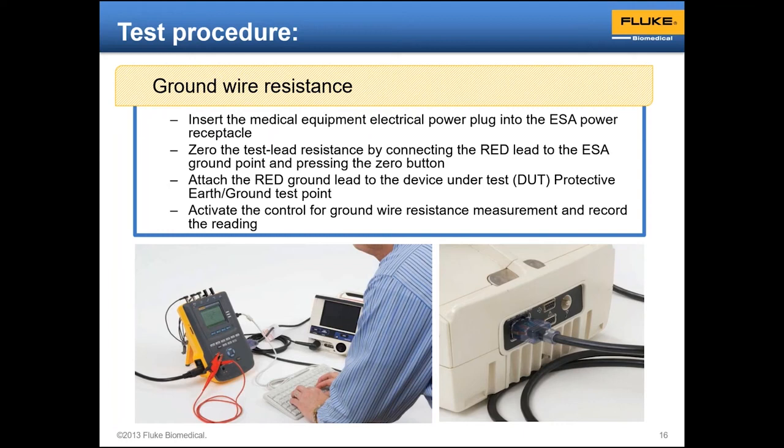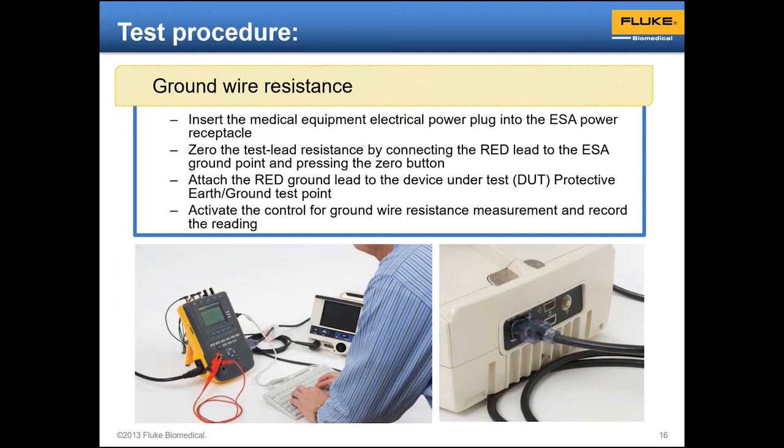So the way we're going to do that is we're going to attach our red test lead to the null pin on the electrical safety analyzer. This makes it convenient for you to run the test. And the reason that we're doing this is because we are measuring electrical resistance with a 2-wire system, and therefore we have to zero out any resistance that is in our test lead before we make the measurement. So we're going to ignore the test lead resistance and show only the resistance of the medical device when we get ready to do the test.